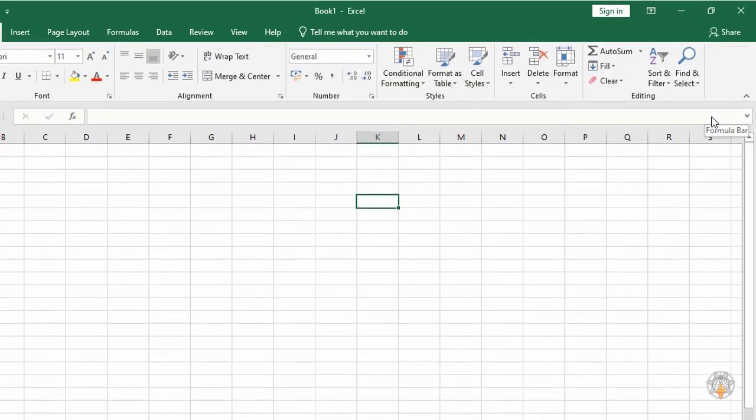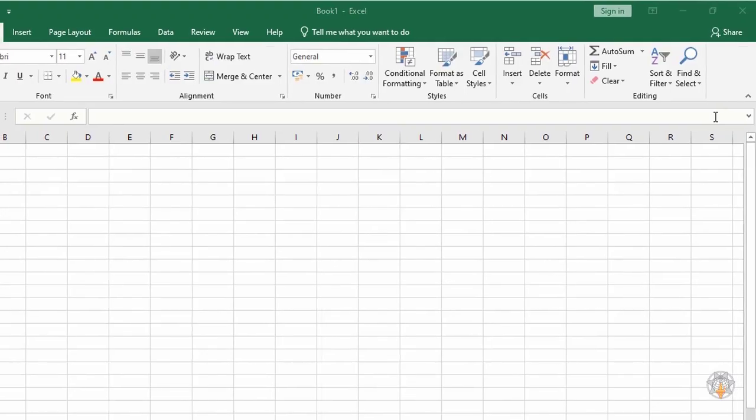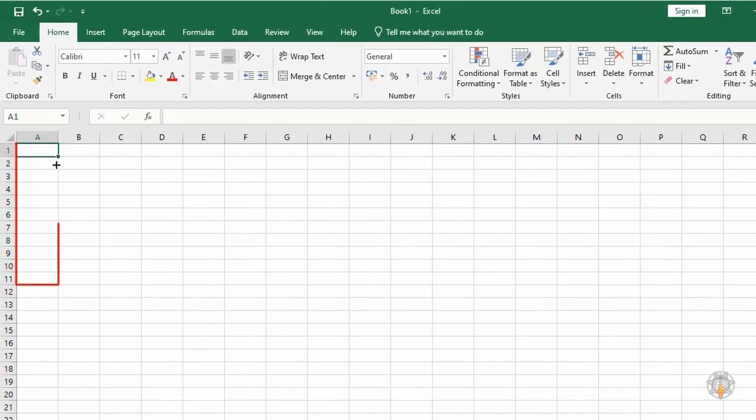Now, let's see the other parts of the Excel screen. An Excel worksheet is made up of rows and columns. The rows are numbered serially from 1 onwards, while the columns are named alphabetically as A, B, C, AA, AB, and so on. The intersection of a row and column is called a cell. Each data item is stored within a single cell. The cell is named based on the row and column. For example, the cell at the intersection of column D and row 6 will be named D6.